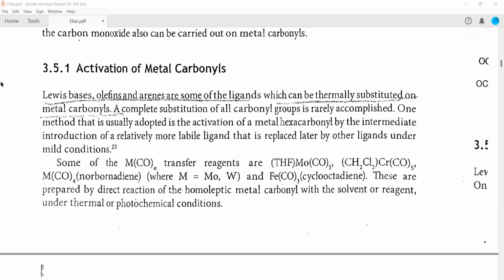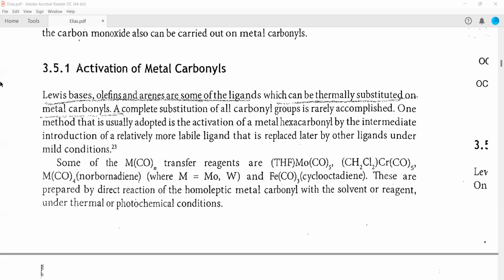Lewis bases, olefins, and arenes are some of the ligands which can be thermally substituted on the metal carbonyls. Now, a complete substitution of all the carbonyl groups is rarely accomplished. You cannot substitute all the carbonyls, it's really impossible. You can substitute one or two carbonyls, that is enough, because with these metal carbonyls, as soon as you remove one